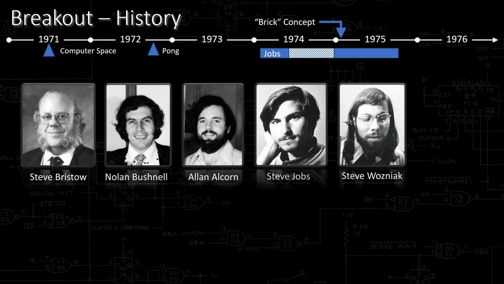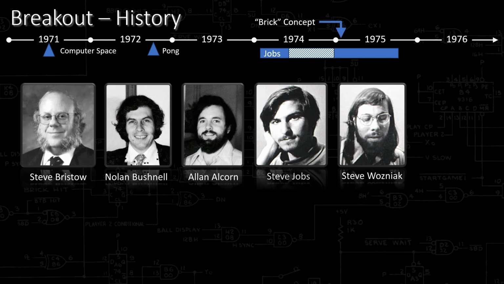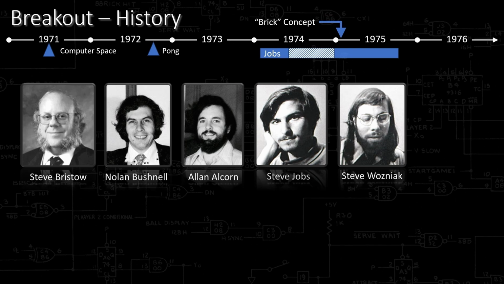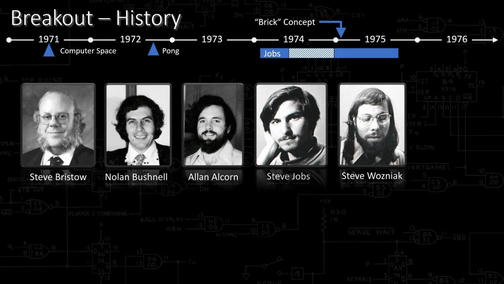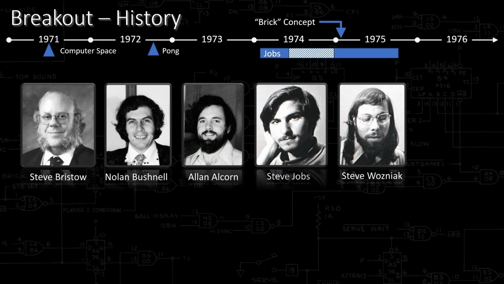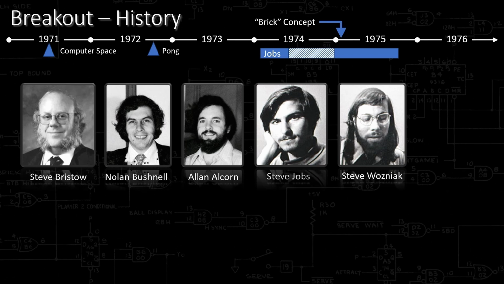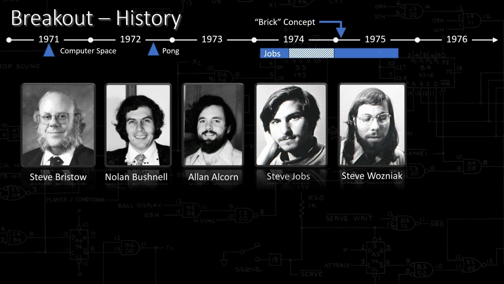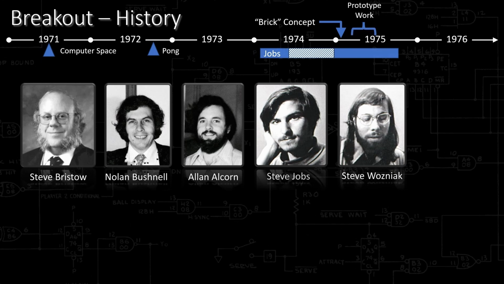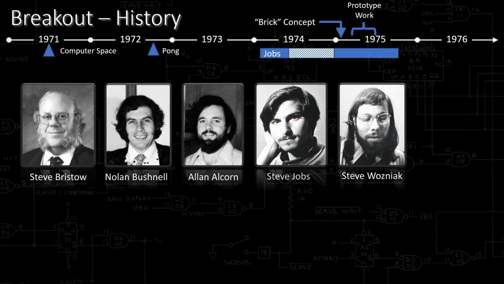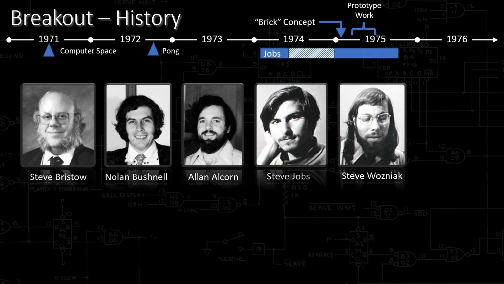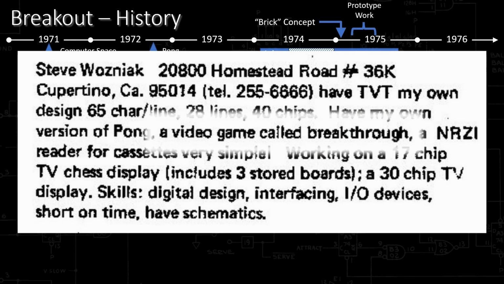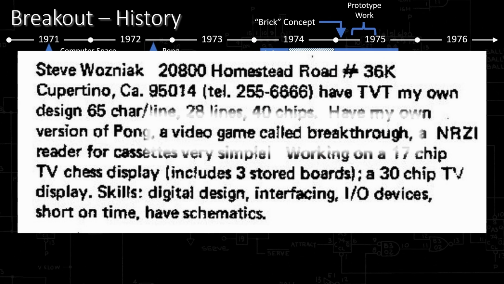Jobs was paid and gave Wozniak half the $700 fee. He had never told Wozniak about the per-chip bonus and kept the entire $5,000. Now, Wozniak loved this type of work and would have done it for free, but this slight omission would put a dent in their relationship later on when it came to light. This prototype work would have been done between winter and spring of '75, sometime between the concept shown in corporate records in January and Wozniak's mention of a brick-type game in the Homebrew Computer Club magazine in April.